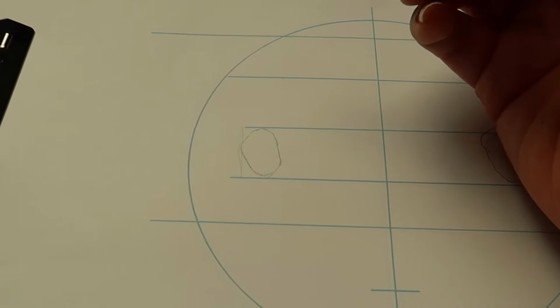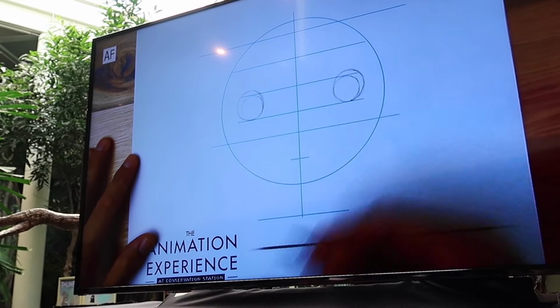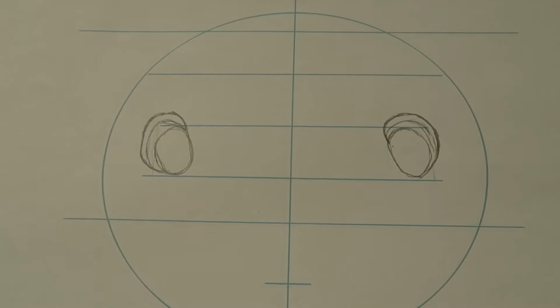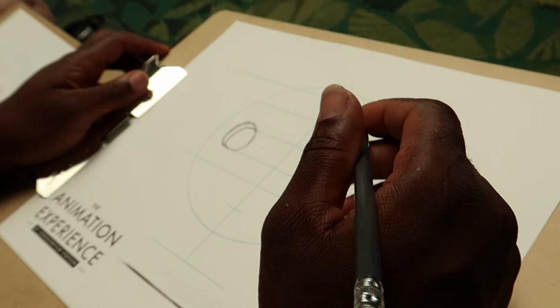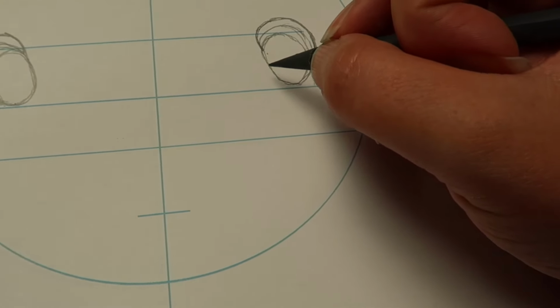Now lions have nice thick eyelids. It helps to protect them from debris and other stuff that might be flying around the savannah. So what I'm going to do is thicken up the top part of that eye. We're going to add a tear duct, sitting right on the inside edge of the eye. We're going to put a little curve, kind of like a little water slide, down to that